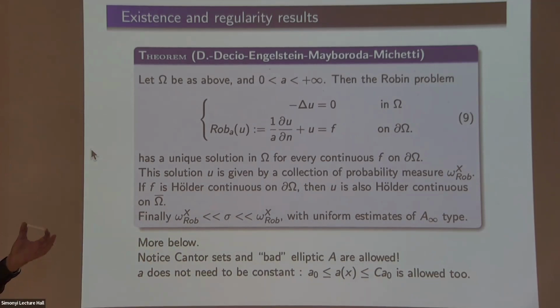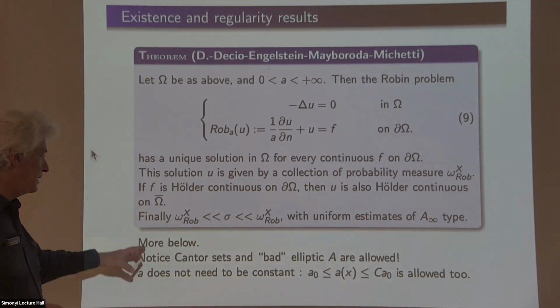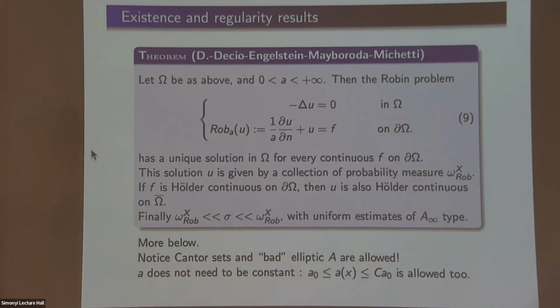Okay, so in other words, the situation is nice. And I have just these two comments saying that the Robin problem doesn't care about rectifiability. The counter set that I was talking about before works perfectly well. And it does not care about the regularity of the elliptic coefficients. So any elliptic matrix will give you the same result here. It does not need to be close to identity in any way, right? Which, you know, we take as good news. You could take it as bad news because the only reason why something like this is not needed is because it's here. But anyway, that's okay.